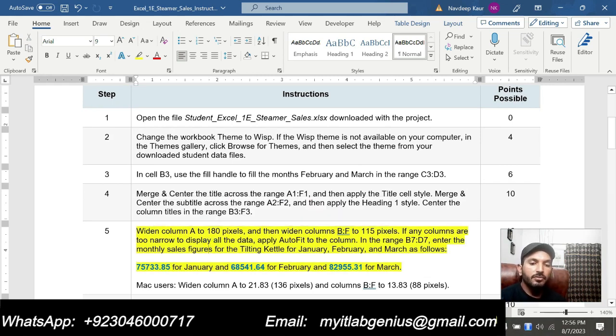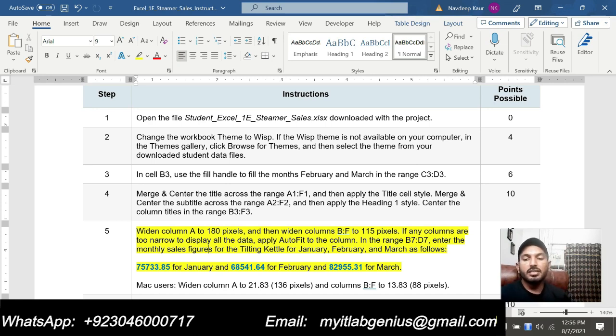So step number 5: widen column A to 180 pixels and then widen columns B up to F to 115 pixels. If any columns are too narrow to display all the data, apply AutoFit to the column.